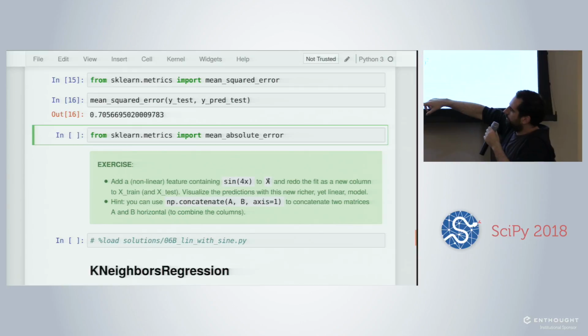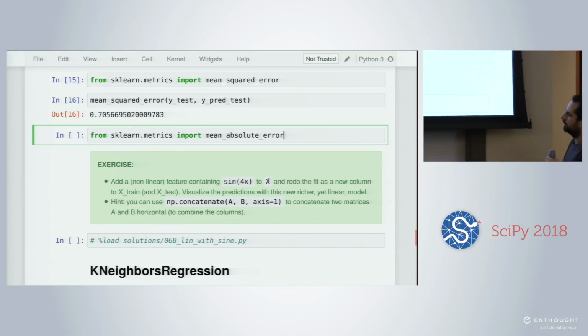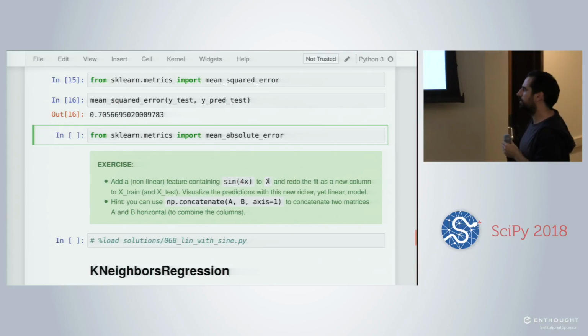Maybe you can import it from Scikit-Learn metrics. MSE, or mean squared error.